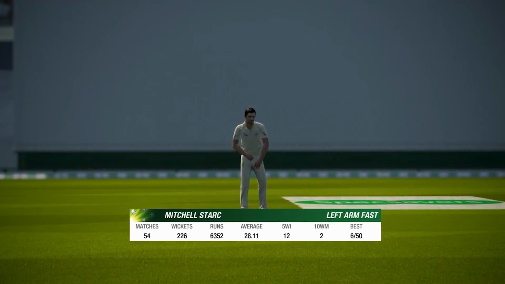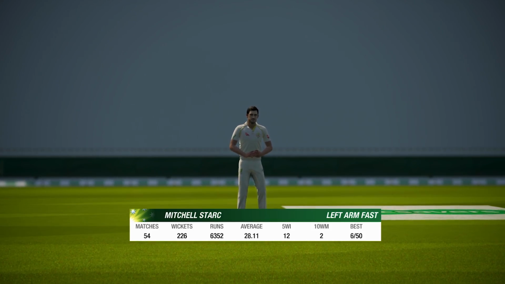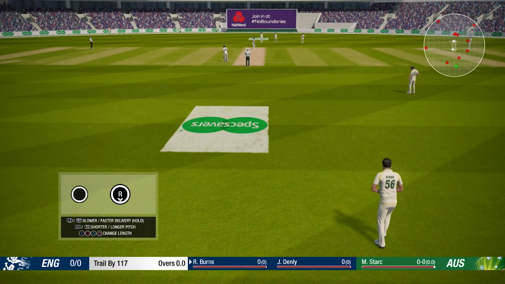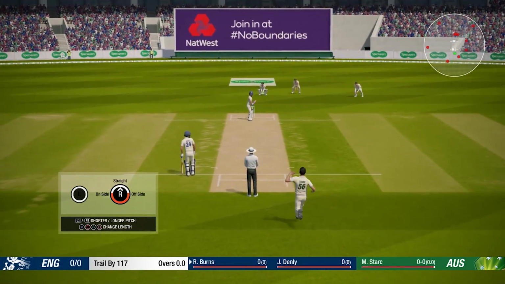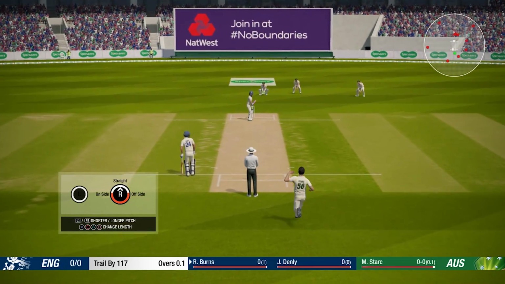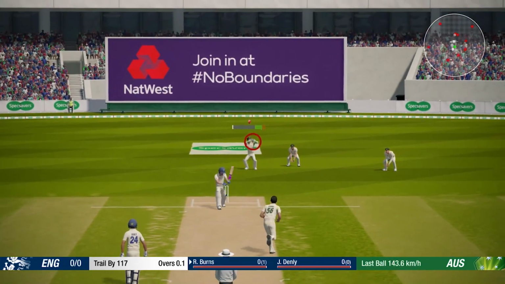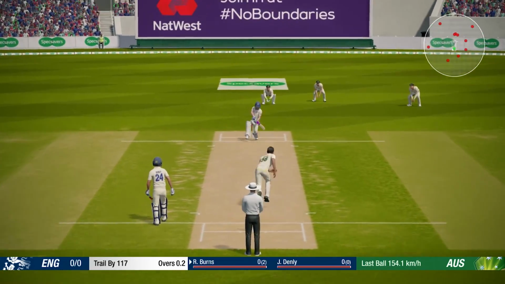England, they won't have too much time to bat. I think there has been another delay in the innings break, so we won't be getting a full day's worth of play. Mitchell Starc with the new ball for Australia, who just managed to eke out 117 runs in their first innings score. It's their lowest score of the series so far.